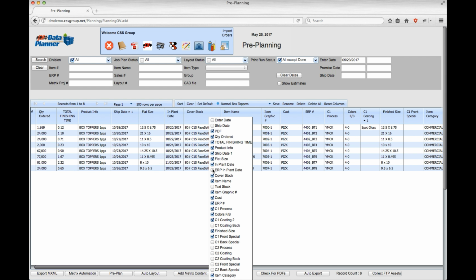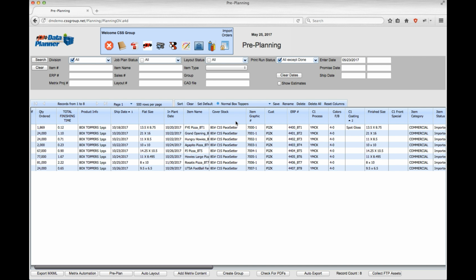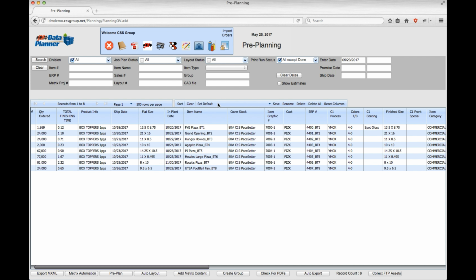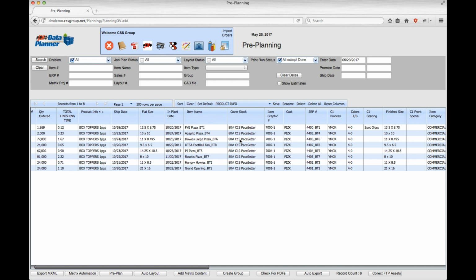The design of this page mimics what people like to do in Excel. You can hide and show columns, adjust column order, set column width, saving your personalized views. You also can set an ordered sort criteria on selected columns, resulting in presenting data exactly as you would like to view it. And your favorite sorts can be saved as sets, providing a convenient way to organize and view search results for